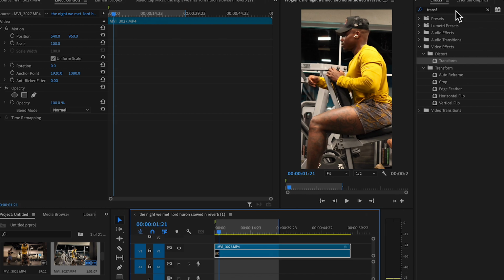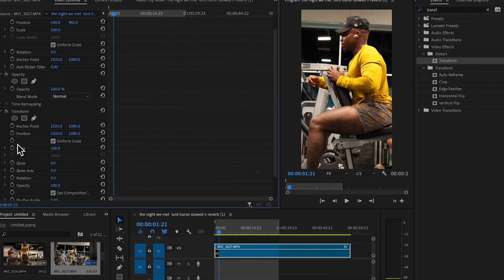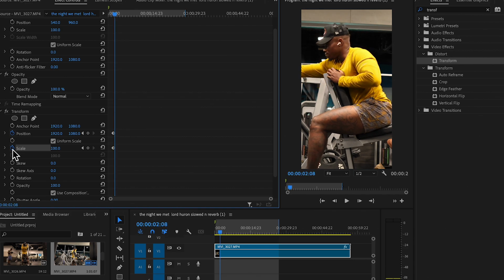So what I'm going to do is go to my effects tab and grab transform and put that on top of my clip. I'm going to want to add a position keyframe and a scale keyframe and move forward in my time to where I grab the handle, which is right about here, and I'm going to add another keyframe